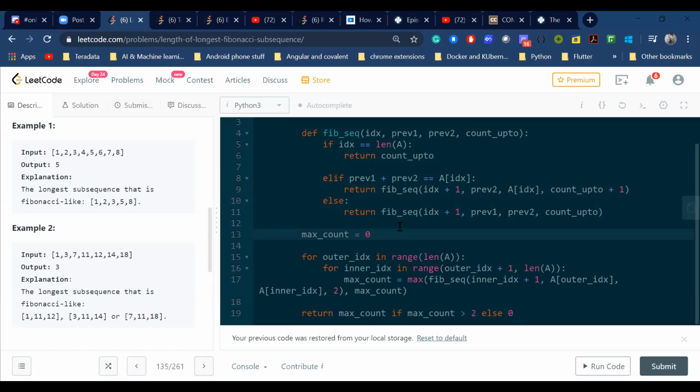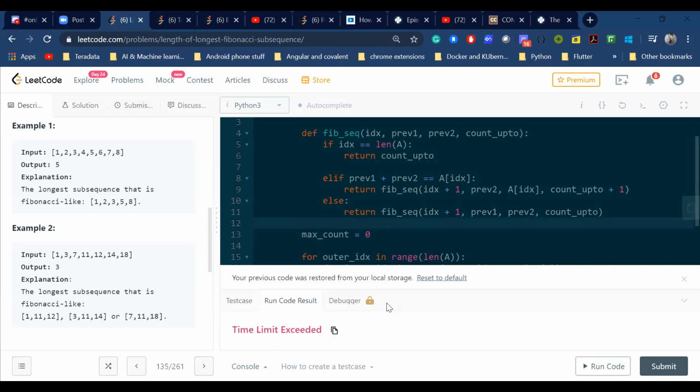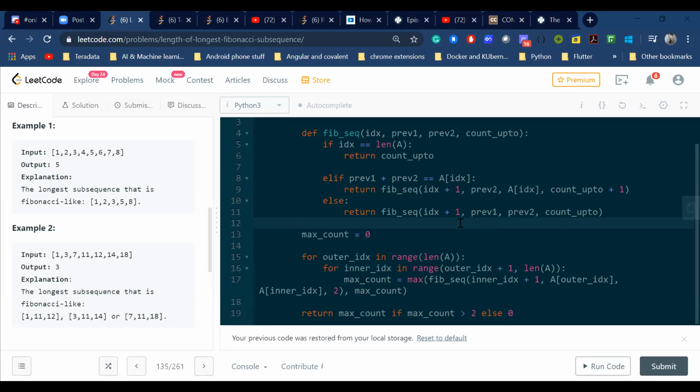Okay, but did you hit a TLE for this one? Yeah, it hit TLE. If you do memoization, it might actually work. I think so. No, I tried memoization. Even that was hitting TLE. You might be running out of stack in that case because it uses recursion. Yeah, maybe. Are you doing memoization on the index or the element? The 3 things, right? The previous one, previous two, and index are the 3 changing things, right? Yeah, so memoization will be on those 3. Okay.